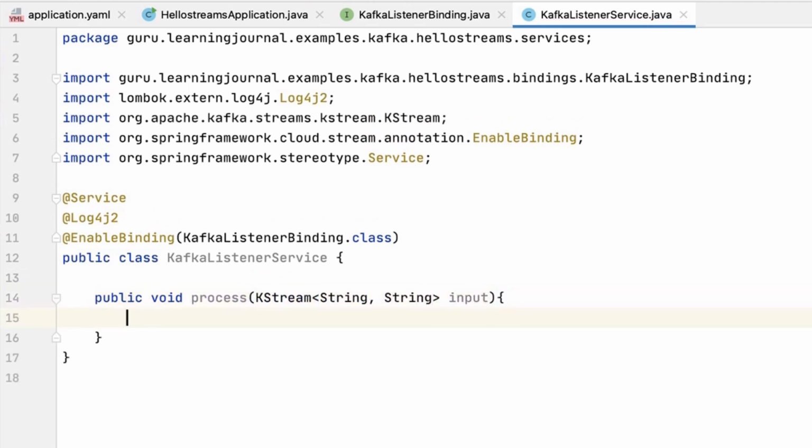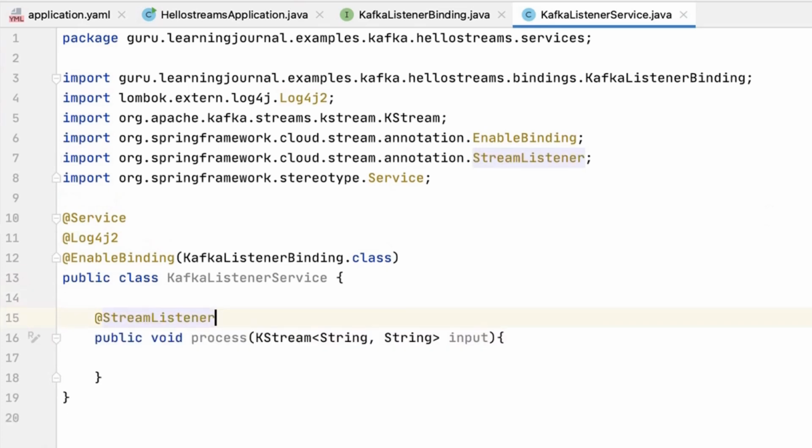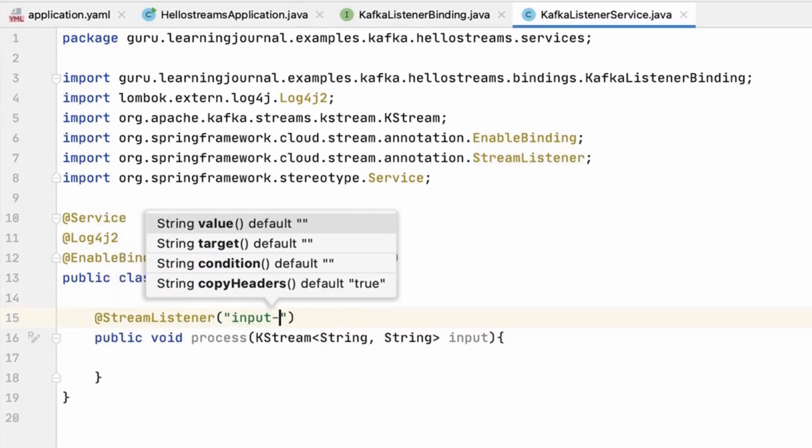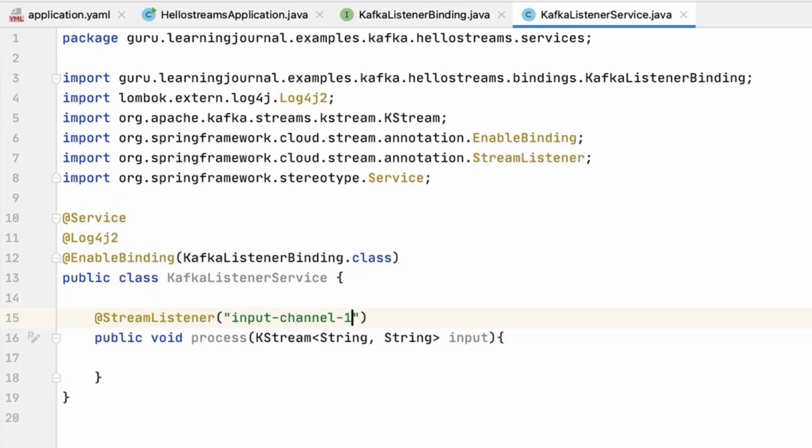This method is a @StreamListener for the given input channel. The Spring Cloud framework will call this method and pass in the KStream.